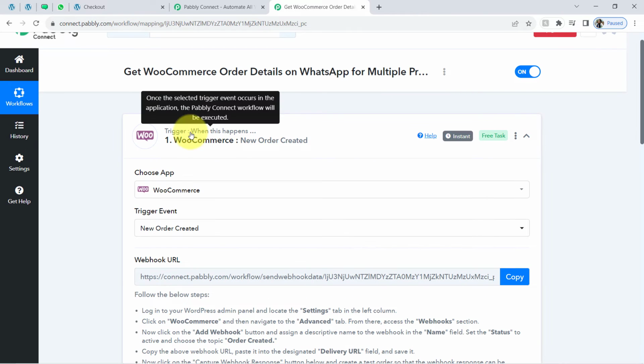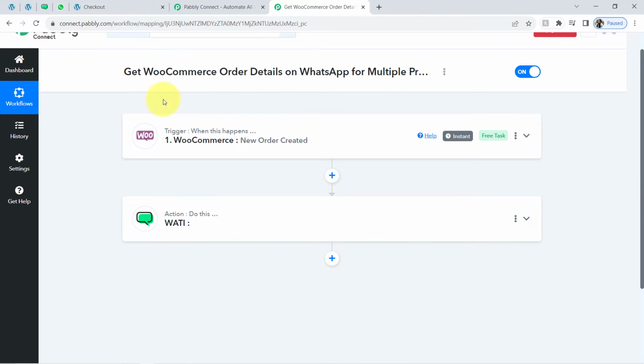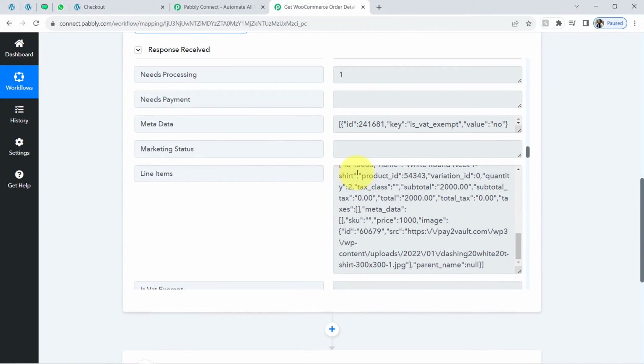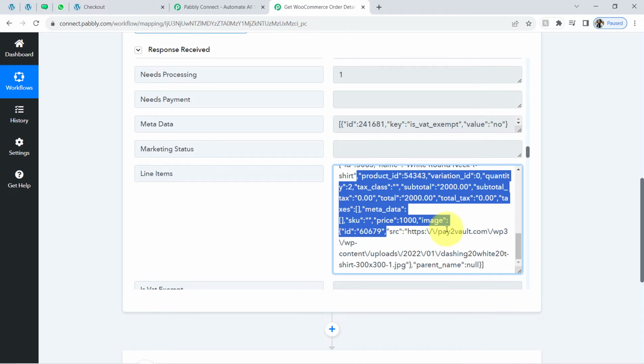Okay, so from now onwards, every time someone places an order, the details will be captured via Pabbly Connect instantly, because this trigger will instantly capture new incoming data and the workflow execution will start in real time. Now I want to send the WhatsApp message, but I cannot directly send the same kind of message because, as you can notice, my data is actually in array format. So how am I going to convert this array format